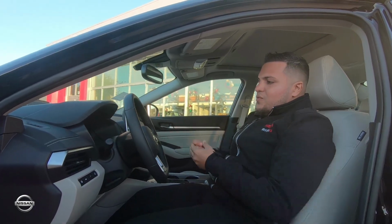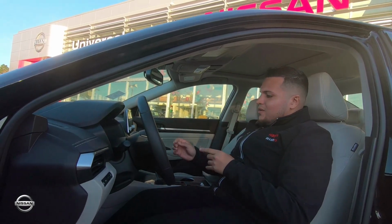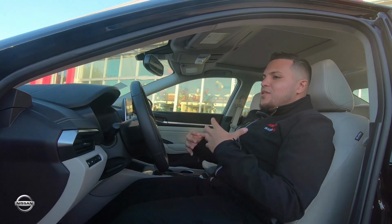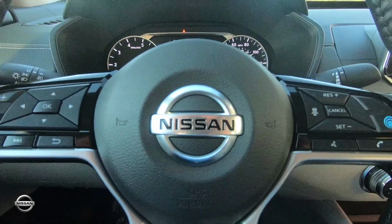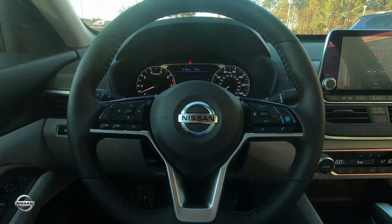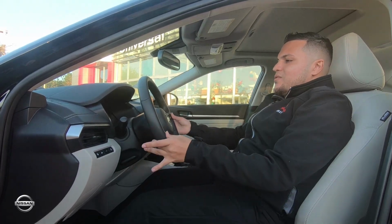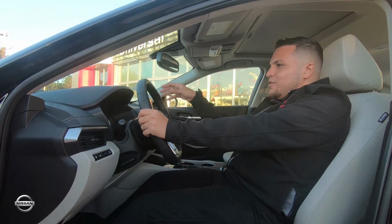As you're driving this vehicle, one of the best things to do, and one of the nicest things that I've seen in most cars, is all you have to do is hit this button right here, which is the intelligent cruise control, which activates the Pro Pilot system. Hit the set button. Not only will it detect the vehicle directly in front of you, but as long as you are in a road with lane markers, it'll read the lane markers and it'll actually autocorrect itself. So all you have to do is hang on to the steering wheel, look directly forward, and enjoy your ride